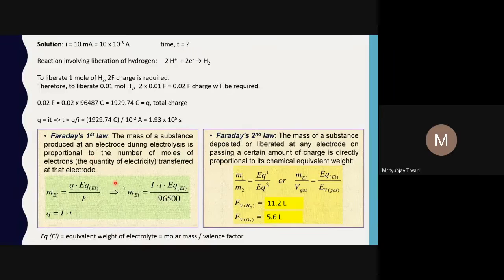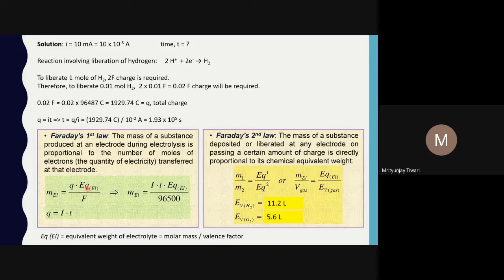How will you get the number of moles of electrons? In this way. So M will be proportional to, actually equal to, the quantity of electricity. The number of moles of electrons is the quantity of electricity. So M is proportional to Q. If you remove the proportionality, you have to add a certain constant. We call that constant Z, or G, into Q, which is called the electrochemical equivalent. People write that electrochemical equivalent in different forms, this way: EQ divided by F.